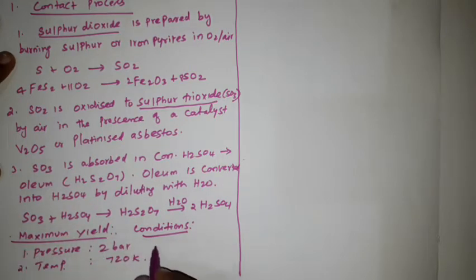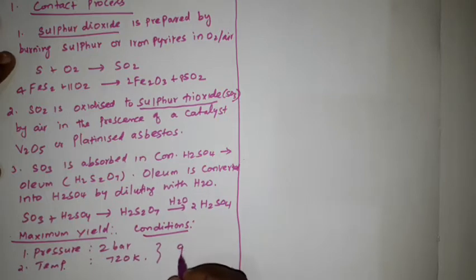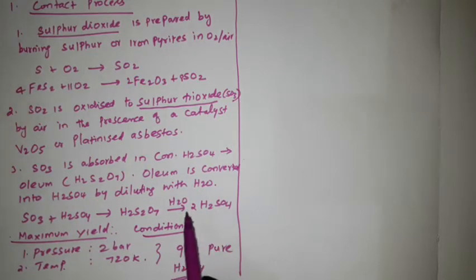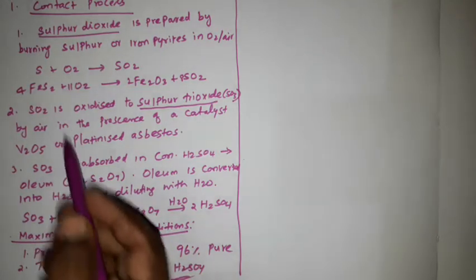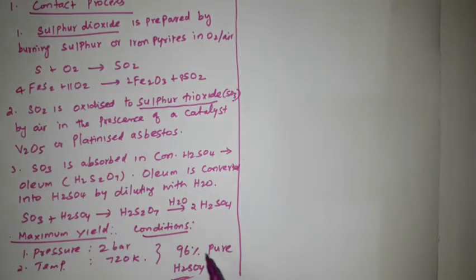We can get a pure 96% of sulfuric acid. Okay, so in the preparation of sulfuric acid, these are the 3 steps we have to follow, then we can get 96% of pure sulfuric acid. Okay,